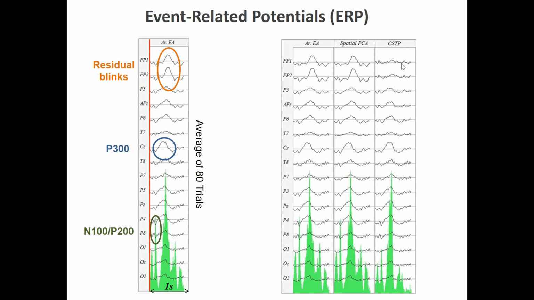So this is the same data, but now it has been filtered in such a way that the artifact has been removed, again without removing the P300 and without removing the N100 and P200 components. So you see everything else is intact, but we have removed the noise. Those methods are also used to analyze event-related potentials, and eventually, if you want, also to devise brain-computer interfaces based on event-related potentials, which is something that we do in our laboratory.